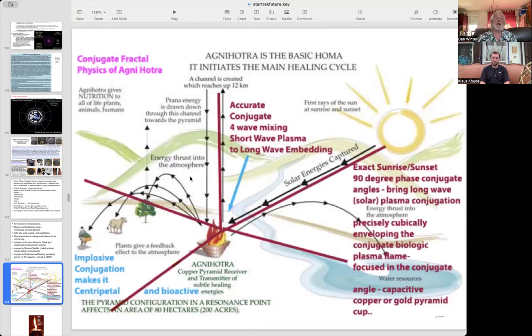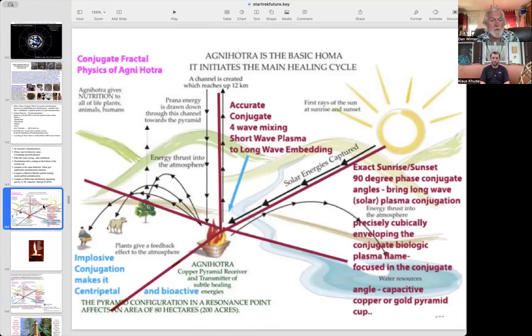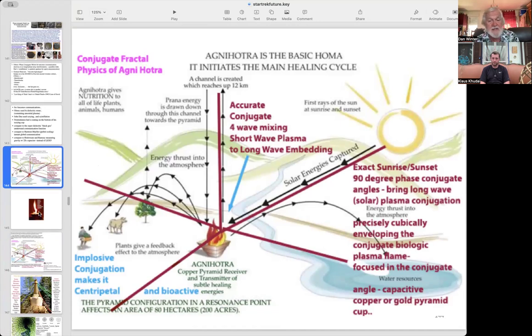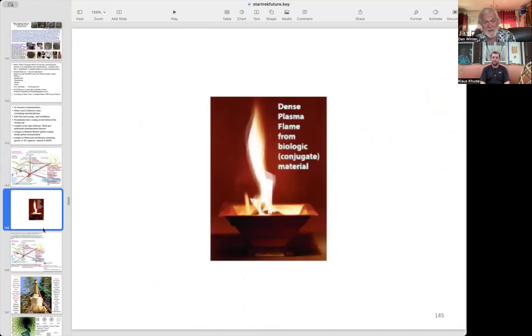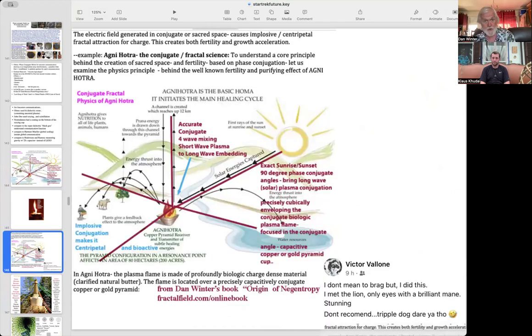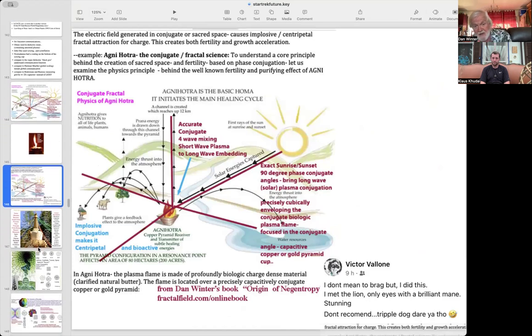So the physics of Agnihotra is the same four-wave mixing. You had to do it at sunrise and sunset, because that is the phase conjugate array embedding moment. Then you have a living biologic plasma, and in that living biologic plasma, the shortwave can embed in the long wave. And those who did Agnihotra survived Bhopal, and they survived Nagasaki because of the implosive plasma resulting from